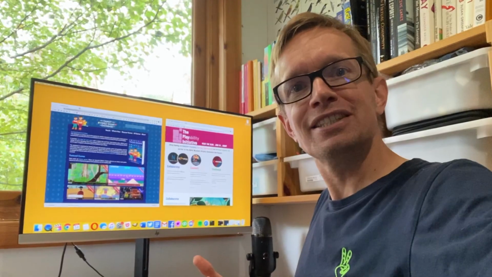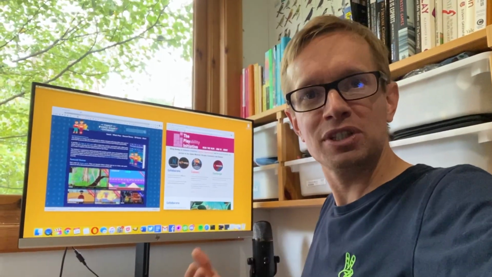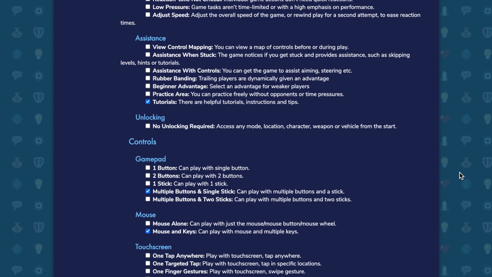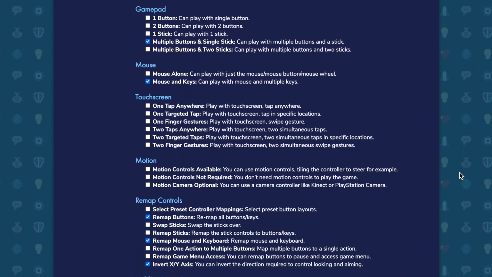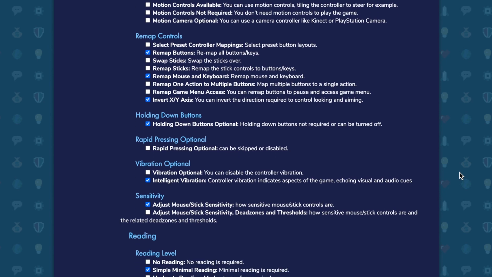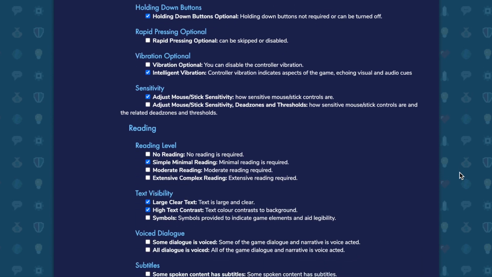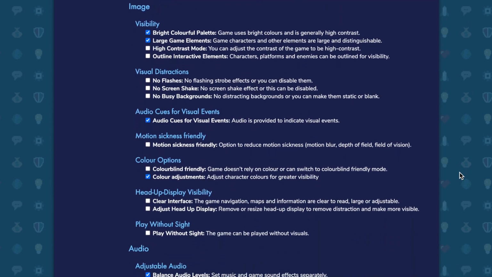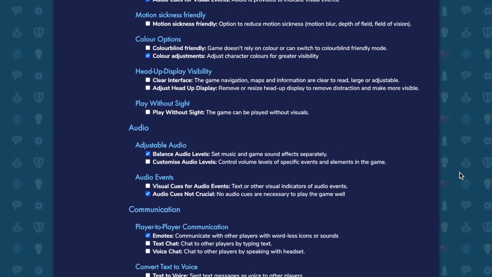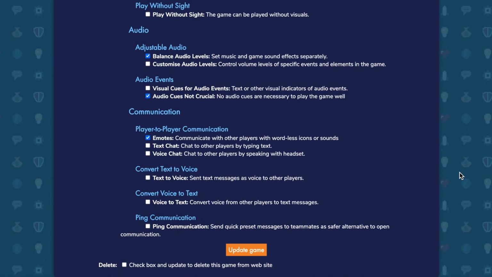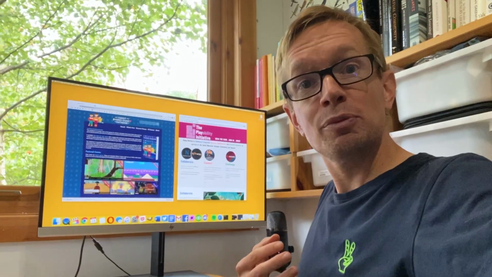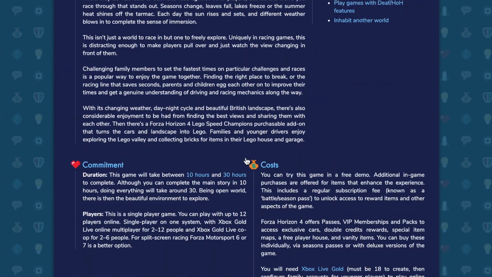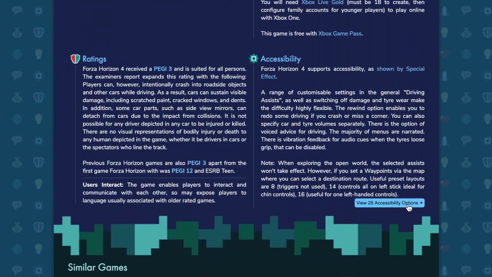Now this ranges from whether the game includes difficulty settings, how much reading is required, what the subtitles and captioning are like, how you can adjust the images in the game, how you can adjust the display to make it clearer to see or to signal audio cues, how you can adjust the audio in the game, what sort of spoken word dialogue or narrative is provided, as well as the sorts of communication that are in the game as well. So there's a whole host of different settings now that have been added, as you can see,